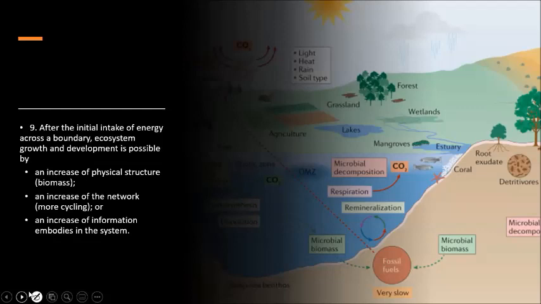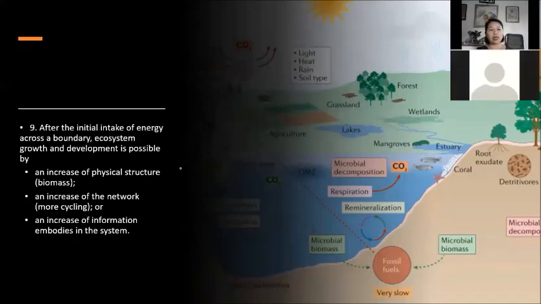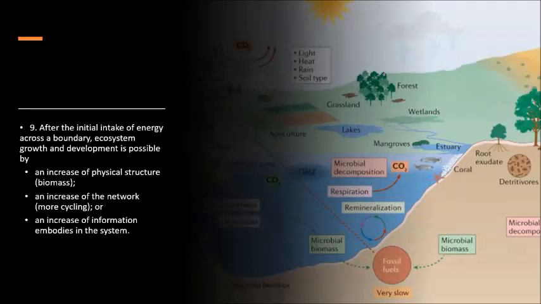Okay, so 9. After the initial intake of energy across the boundary, ecosystem growth and development is possible by, A, increase of physical structure, increase of biomass. Second, an increase of the network, more cycling process, no? And third, an increase of information embodied in the system. Yan ang number 9. And then 10,